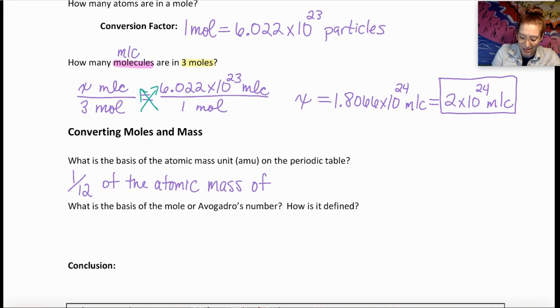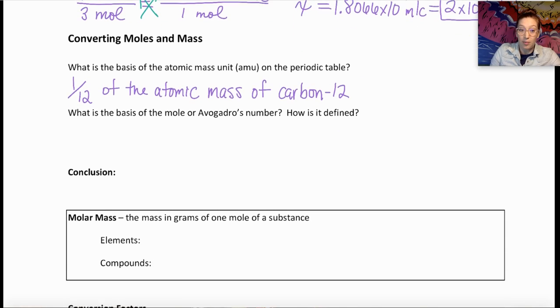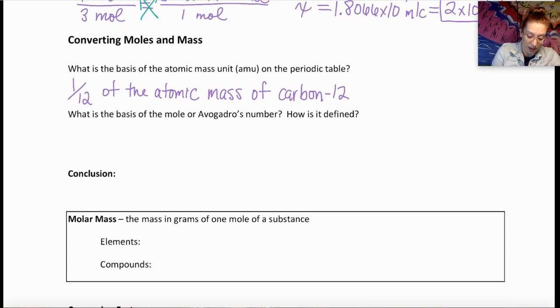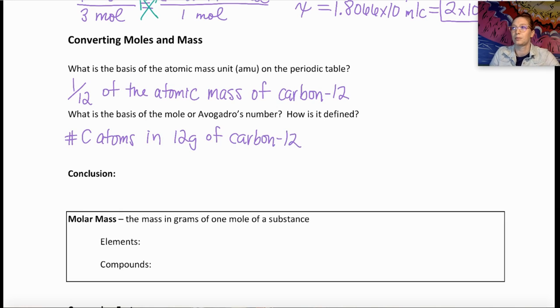Okay, again, that's just a type of carbon. We'll get into talking more specifically about that very soon. Okay, again, the basis of Avogadro's number is also from carbon-12, and that is the number of carbon atoms in 12 grams of carbon-12. Okay, so we can use these two relationships and the fact that they're both based on carbon-12 to make a